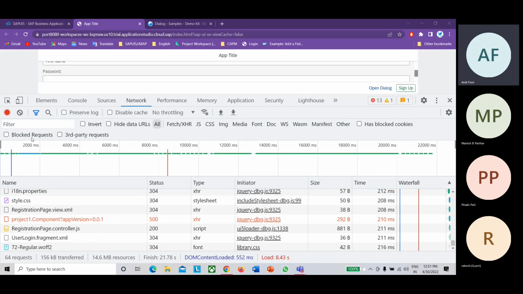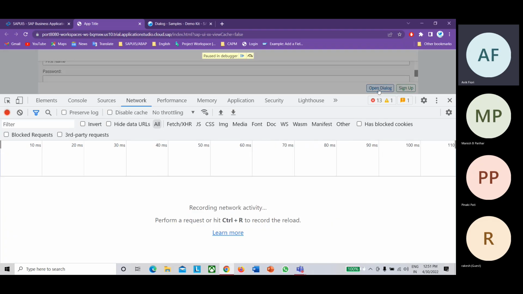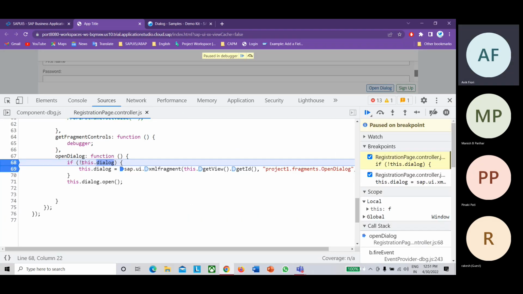Okay, now I will just clear this. I'll click on open dialog. Now if you hover on this.dialog, it is undefined.